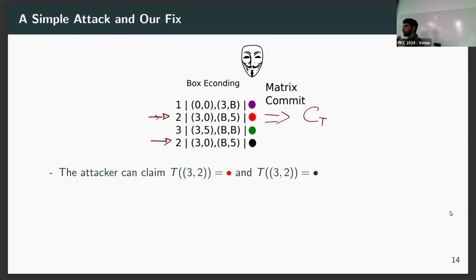Okay, there is a simple attack on the scheme that I just showed you, and the attack works when the model provider is malicious and doesn't commit to a decision tree. It commits to a matrix, but not all the matrices are represented by the matrix encoding. A malicious model provider will commit to a matrix where there are two boxes that are the same boxes, but they are labeled with two different colors. Now the server could prove that T(3, 2) is equal to either label. We can also prove that the evaluation of the tree on the